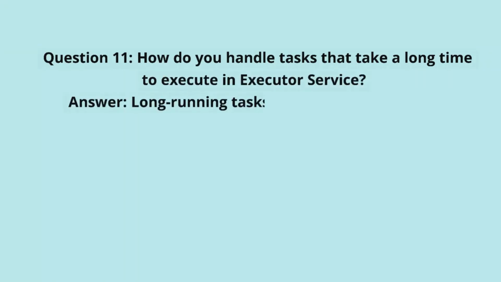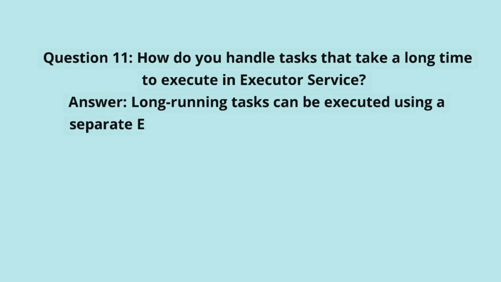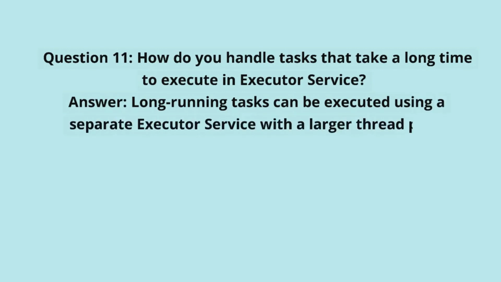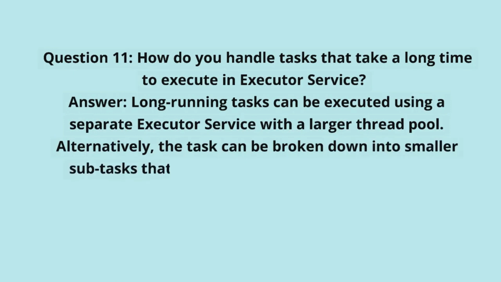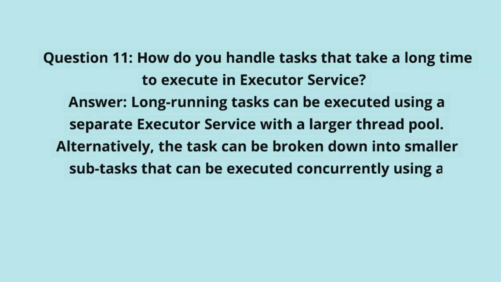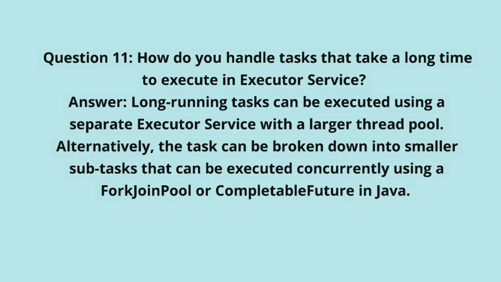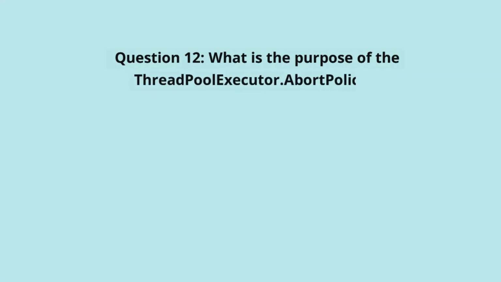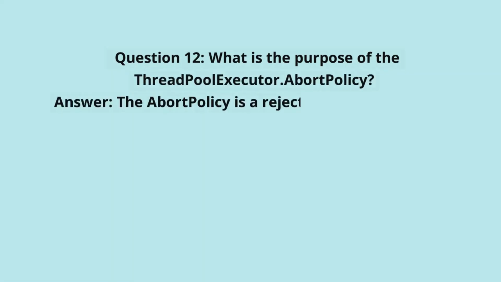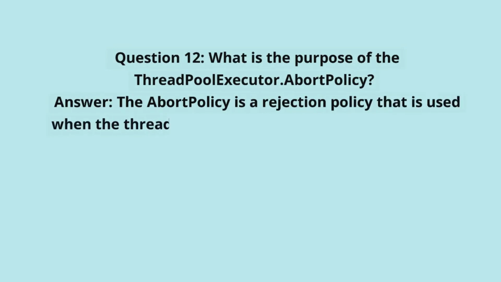Answer. Long-running tasks can be executed using a separate Executor Service with a larger thread pool. Alternatively, the task can be broken down into smaller subtasks that can be executed concurrently using a fork join pool or CompletableFuture in Java. Question 12. What is the purpose of the ThreadPoolExecutor AbortPolicy? Answer. The abort policy is a rejection policy that is used when the thread pool is saturated and